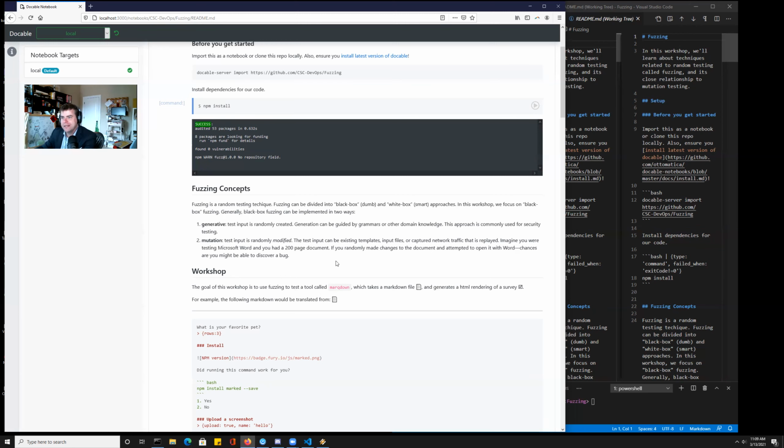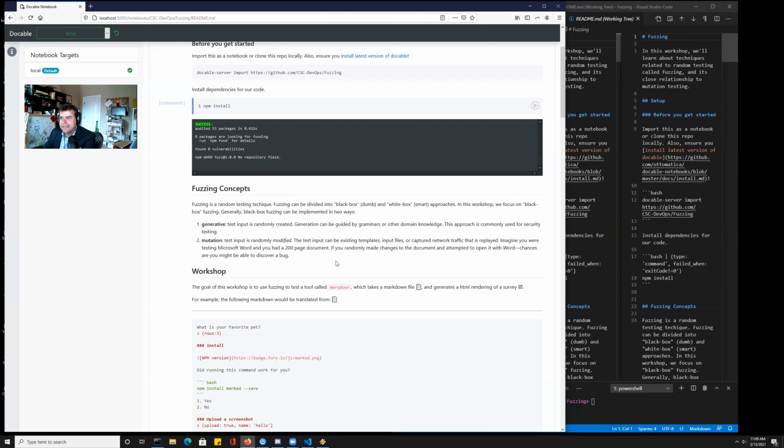Then you just repeated this process millions of times until you found one version of that document that caused Word to crash when it attempted to open it, right? That's essentially what you're trying to do with fuzzing: you're blindly exploring a space until you find something that causes a problem, right? And so we're going to do something very similar